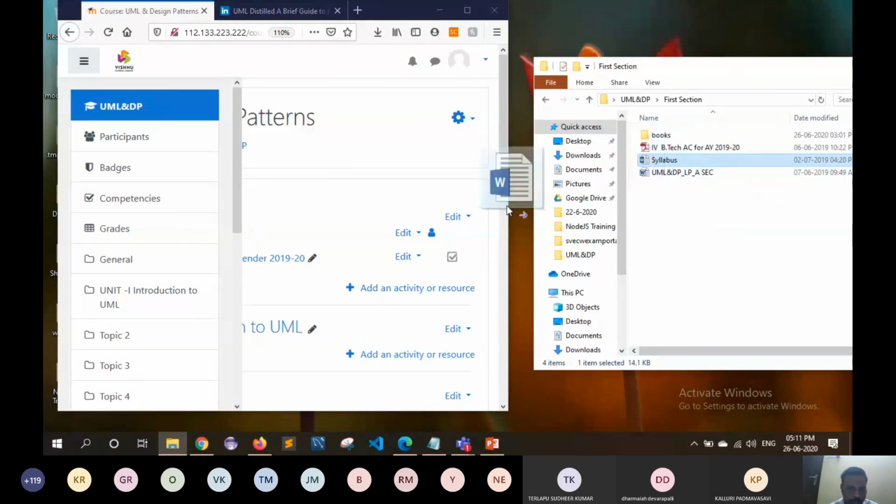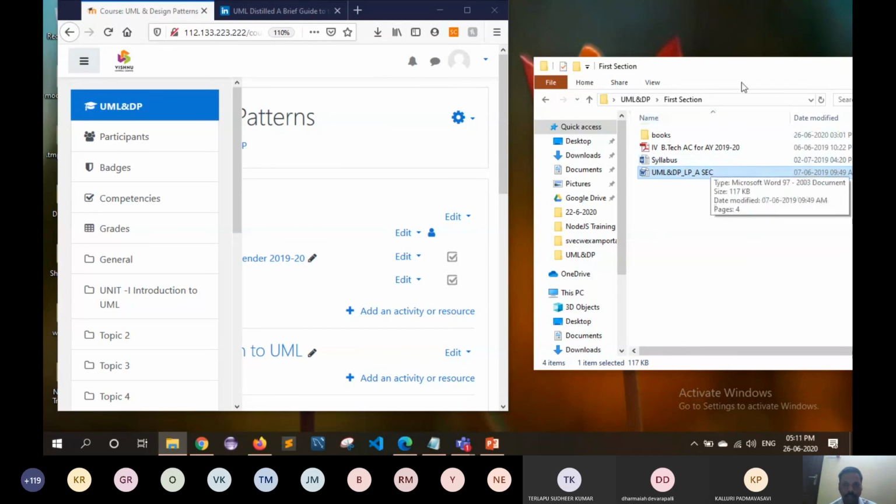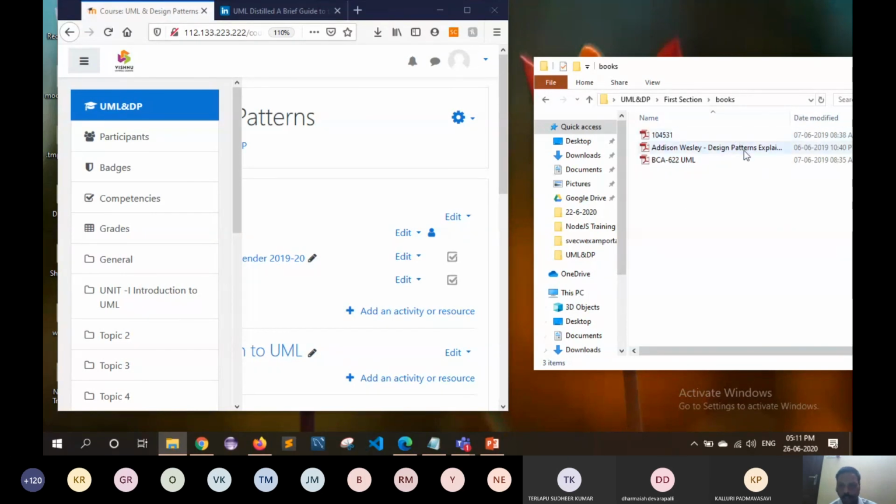I think these are the things which can mandatorily be added to each and every course before starting the topics. And the lesson plan, if you have it, we can add. Suppose you have any prescribed books already downloadable, then you can add these prescribed books in the first section itself.